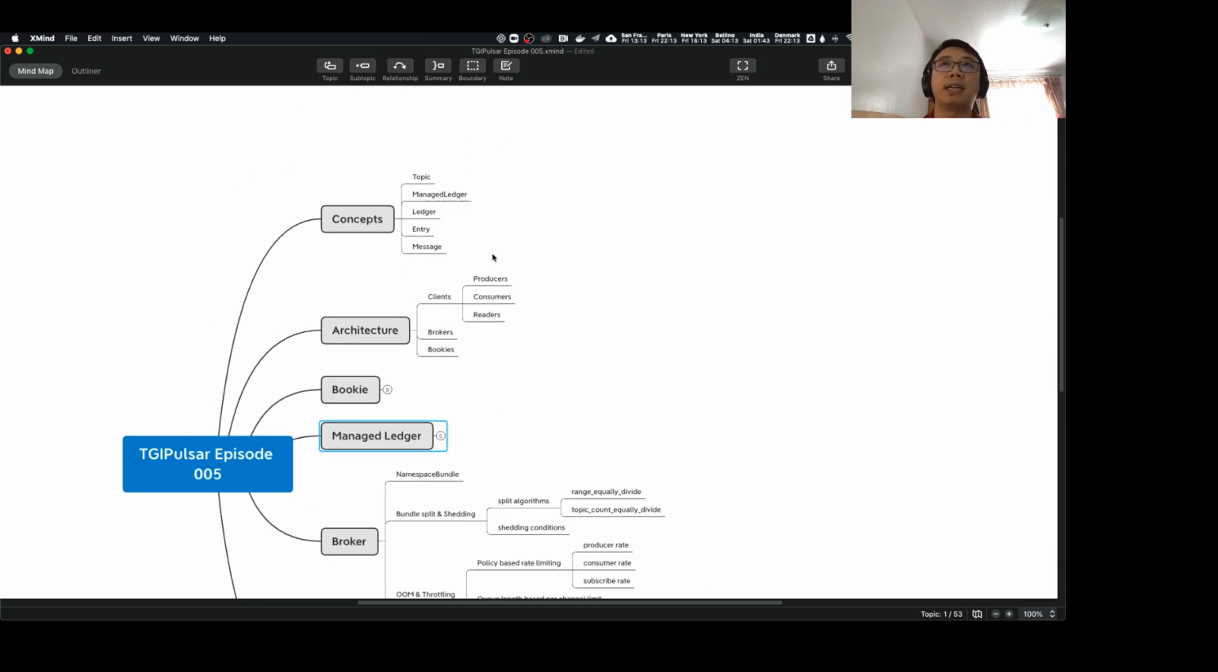So let's get started. Concept-wise, I think everyone knows Pulsar's basic idea is about the topic, and each topic is backed by a distributed log. In Pulsar, it's called a managed ledger, and the managed ledger is broken down into small segments. Each segment is backed by a BookKeeper ledger, and when you're appending data to a ledger in BookKeeper, the concept is called an entry,